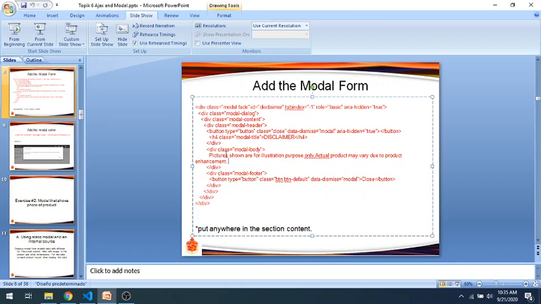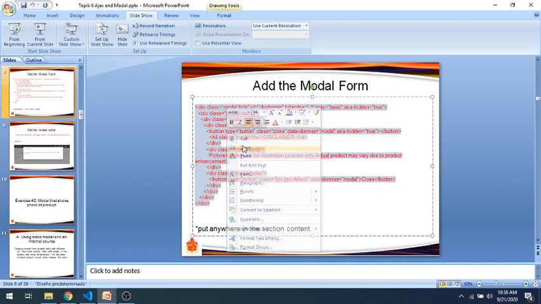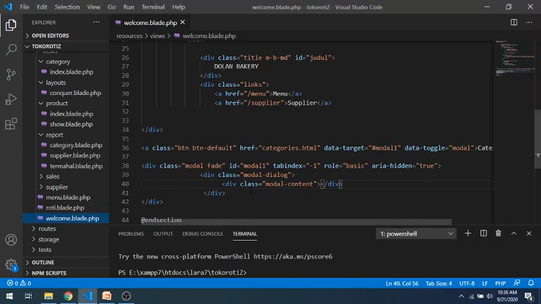Okay, this is a disclaimer, for example for a product that may have a different photo from the real product. Okay, we copy it and put it somewhere.